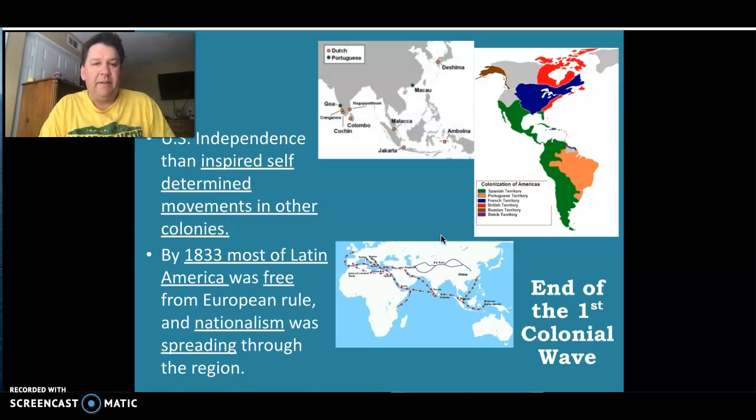At the end of the first wave, the strong nationalist feelings allow for this to continue. And you would sit there and say, well, how can people enslave people? How can we allow this? Well, there's this pride of nationalism, and people unfortunately didn't look at what was going on in the world. And you could argue today a lot of times, go watch Bitter Chocolate on Netflix. You're going to sit there and go, wow, I didn't realize that every piece of chocolate I'm eating may be employing someone that doesn't want to be employed.